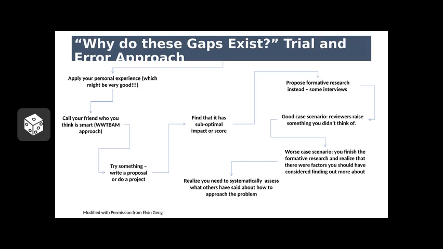You can write a proposal or actually implement a program. You might find that it doesn't work, or that it's not well regarded. And so then you think about doing some formative research to try to understand it. And if by chance you find out what the actual issue is... unfortunately, you may find that people just describe general common barriers, and you don't get something specific enough that you can really intervene on. And then you're at the point where you think, okay, I need to systematically assess what is wrong with this program and how to approach the problem.